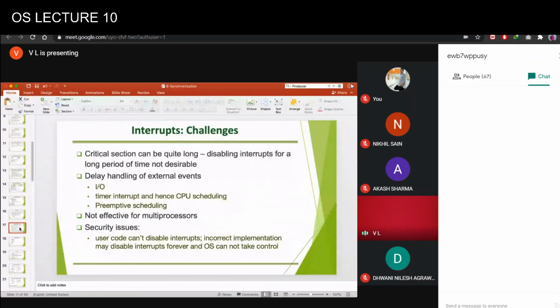But what could be the challenges? Depending upon what processes are sharing, what kind of resource is being shared, and what kind of processing is being done on that resource, the critical section can be quite long. If you're disabling interrupts for a long period of time, it may not be desirable because it is going to delay handling of external events such as input-output request processing.